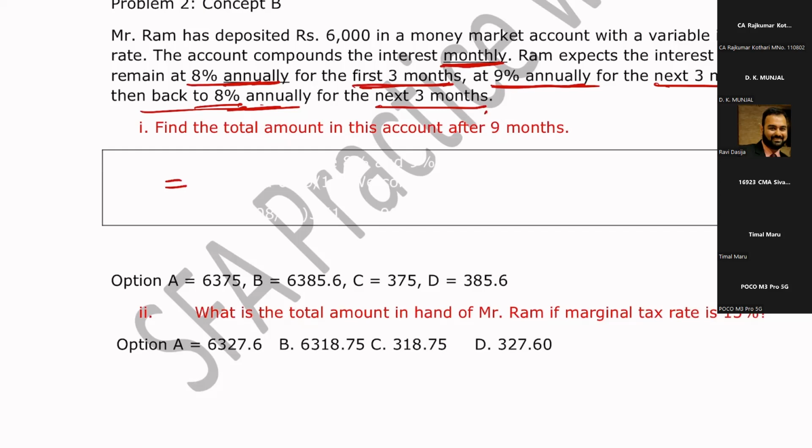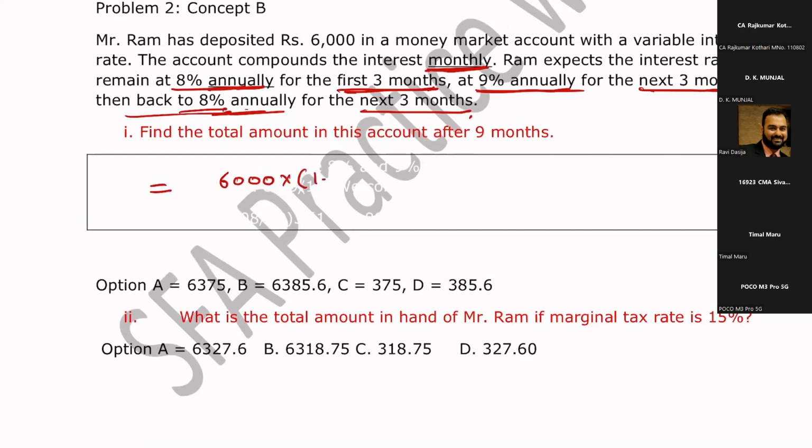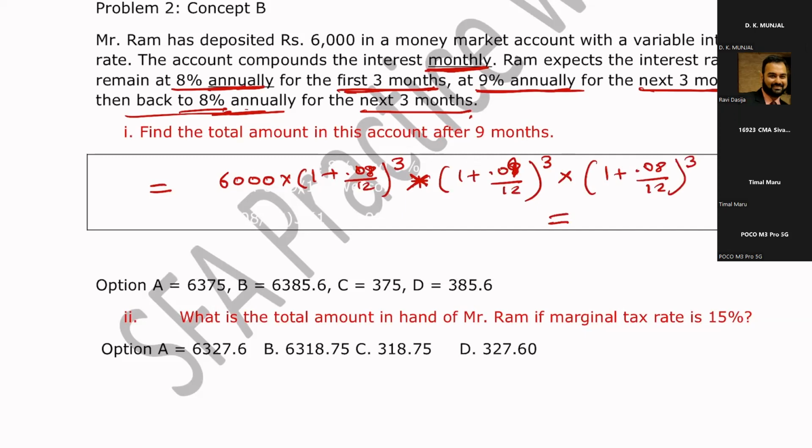So let us solve this. 6,000 multiplied by 1 plus 0.08 divided by 12, monthly interest we have to take for 3 months, multiplied by 1 plus 0.08 by 12 for the next 3 months. Answer will be 6385.6. And one of the answers, if you see the options in the question,